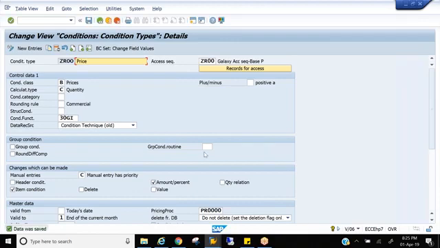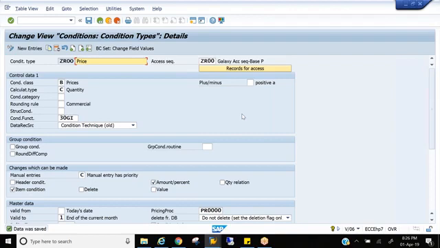Praveen, can I have a question? Yeah. You said that we cannot save in workbench request. While we were creating the table, we saved in local object, but for the access sequence there was a workbench request and we were able to save it, right? It was already existing tables and fields, so that's the reason the system allowed. If you create something new, then you cannot save it. These 4 and 5 tables are already existing in the system. Okay, thank you.